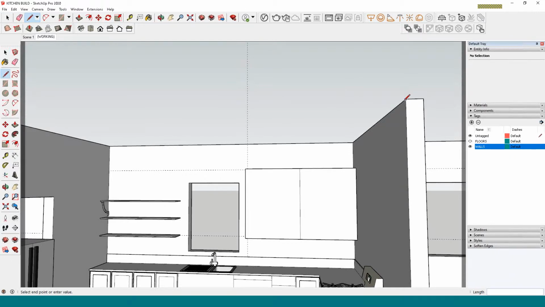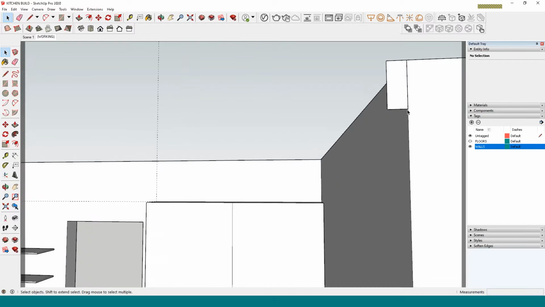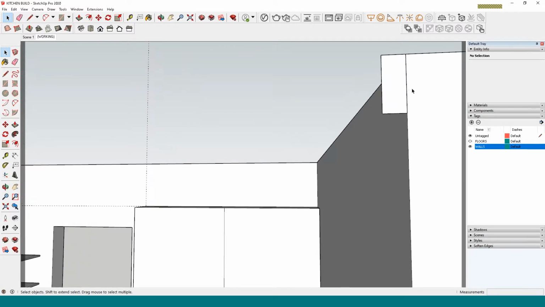Draw a line. On the right axis, let's come out 2 inches. On the blue axis, let's come down for, let's see, 5 inches. And then we're going to come back and then come up. Now we have a face. Great. Okay. So let's draw some